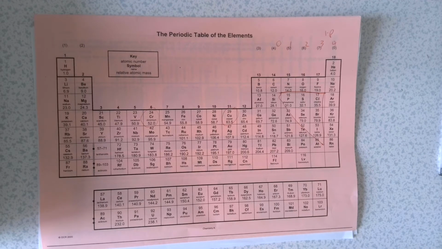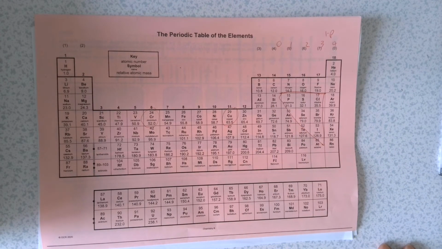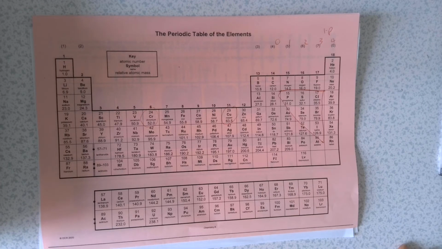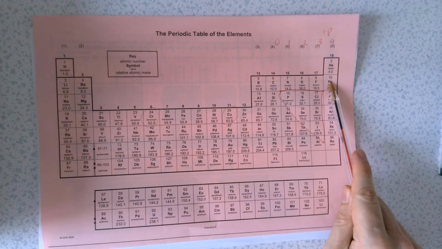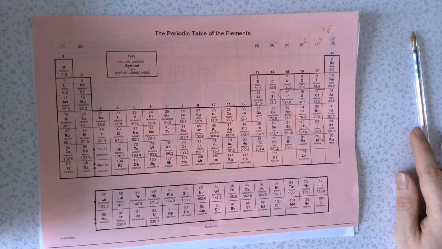How many lone pairs does silicon usually have? 0. 4, 3, 2, 1, 0. How many lone pairs does bromine usually have? 3. 4, 3. We'll do one more. How many lone pairs does oxygen usually have? 2. 4, 3, 2. Right, so it's dead quick. It's really helpful. That'll help you with shapes, loads of other stuff as well if you can do that really